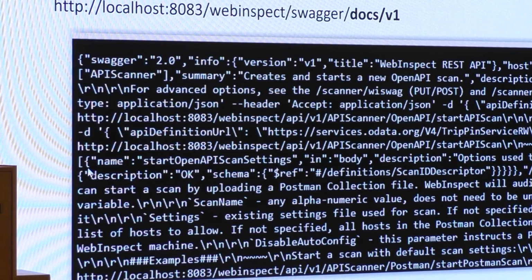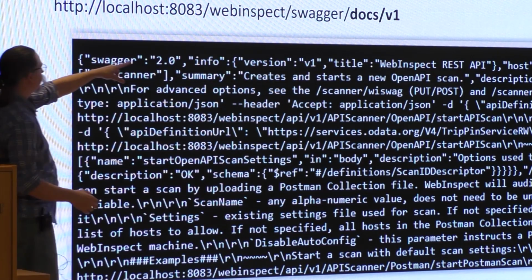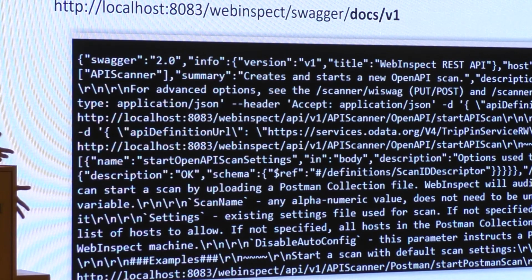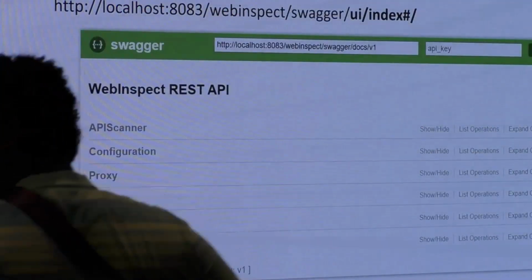This is another product that we have. It's a local scanner that runs on my laptop. It also provides its own Swagger API. This is ostensibly for running a poor man's automation through this one little laptop. So basically it's a listener, and it's waiting for commands. And that's the definition file. This is what it looks like in human readable format.